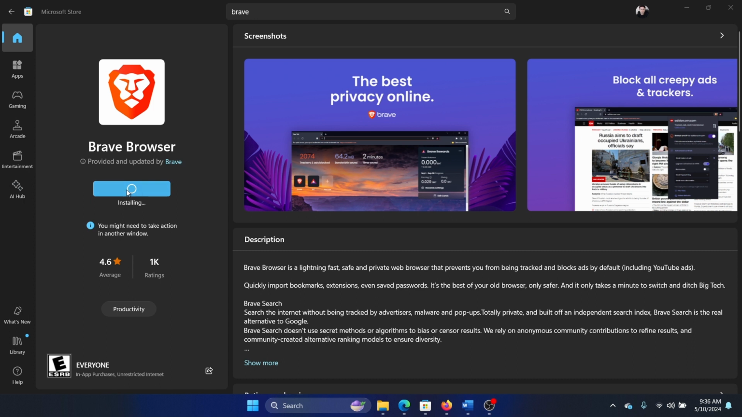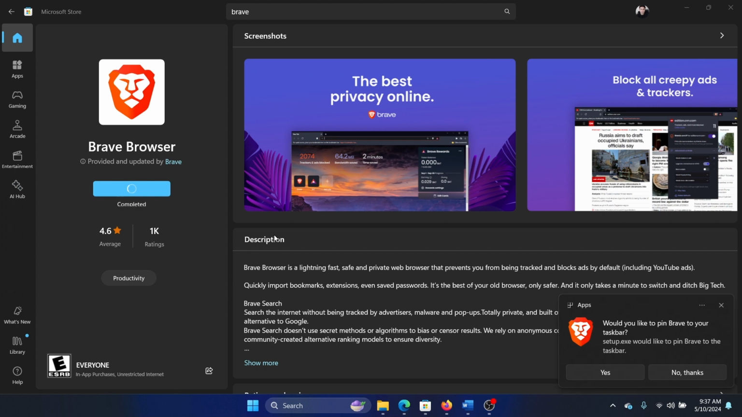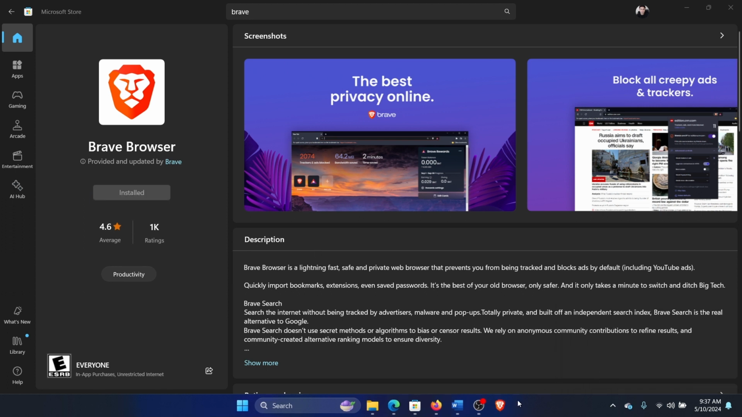And the Brave browser, actually they say that it is much better than Google Chrome. They say that it is way faster, it is way safer, and it does not save your private information, and it by default blocks all ads including YouTube ads. So click on yes, and then we can open the Brave browser